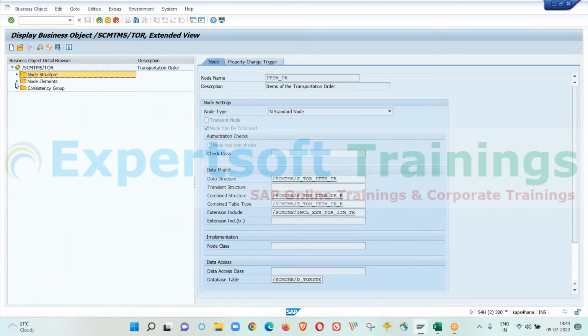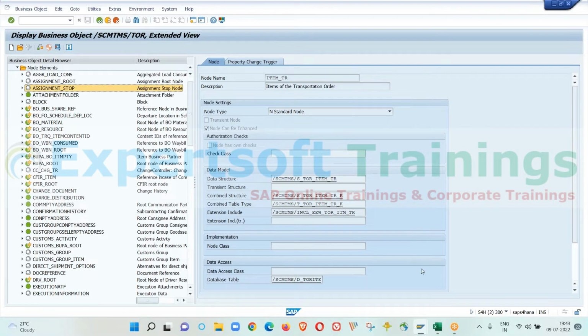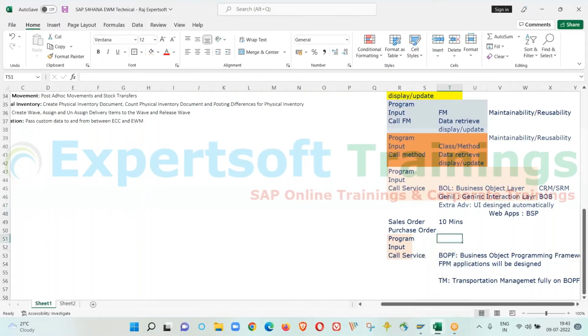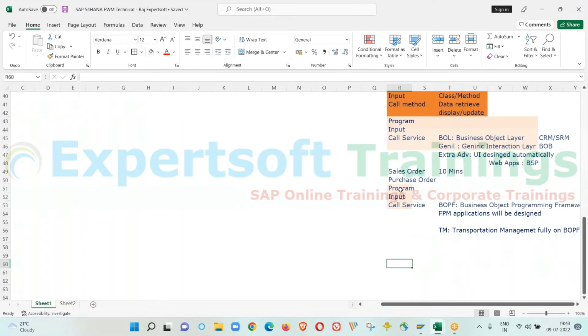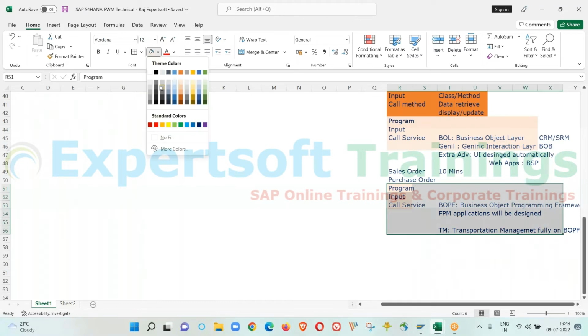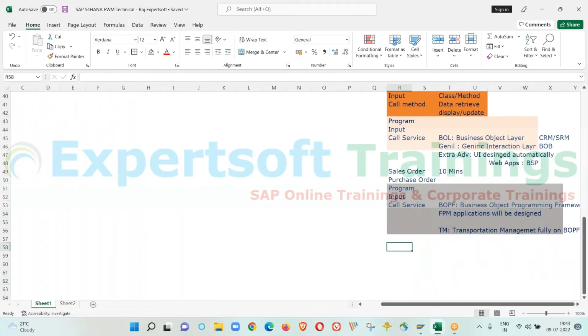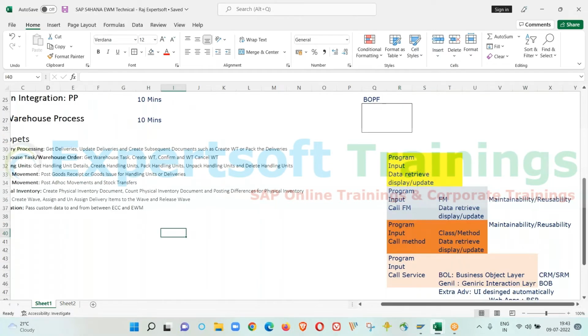Anyhow, it is a bigger concept, but I would like to give a small heads up on this. In EWM also this architecture is not followed fully. I will explain that too. This is another approach, but now coming to EWM, it is a semi BOPF, not everywhere. So EWM we can divide into three things: delivery processing, warehouse processing,